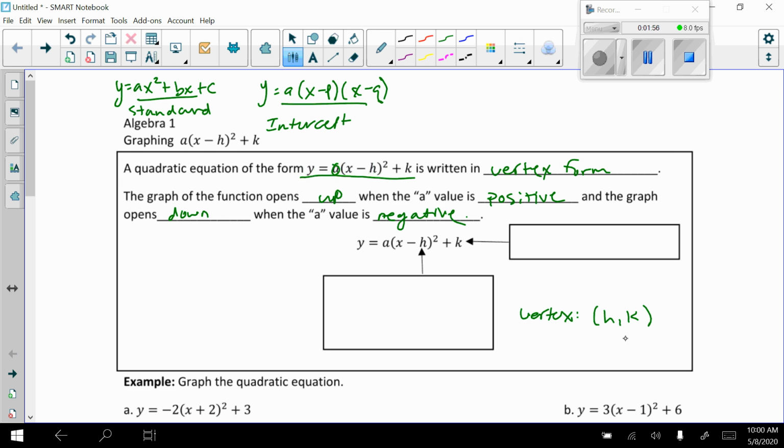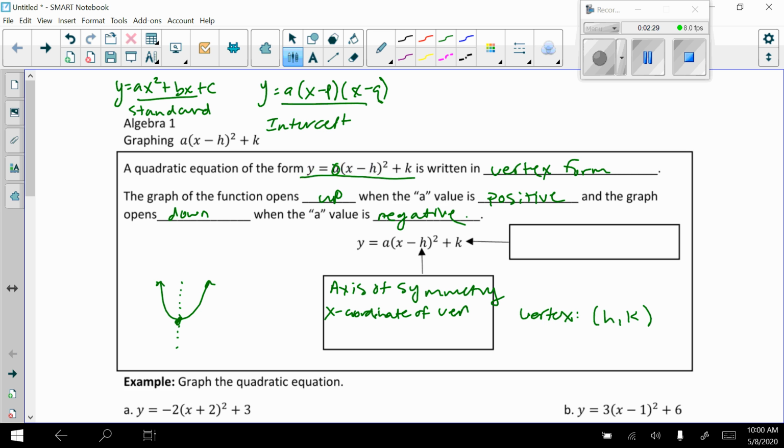There's one trick that we have to deal with here. I just said that h is the x coordinate of the vertex. That's also the axis of symmetry, if you remember. If I have a parabola, here's my vertex, here's my axis of symmetry. The x coordinate of the vertex is also the same value as the axis of symmetry. So h tells us the axis of symmetry, and that's also the x coordinate